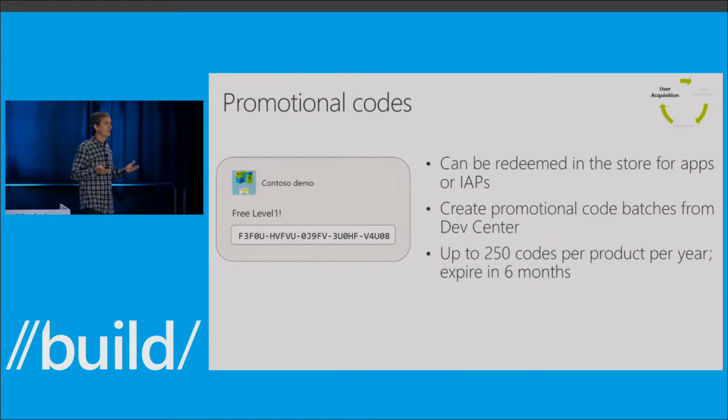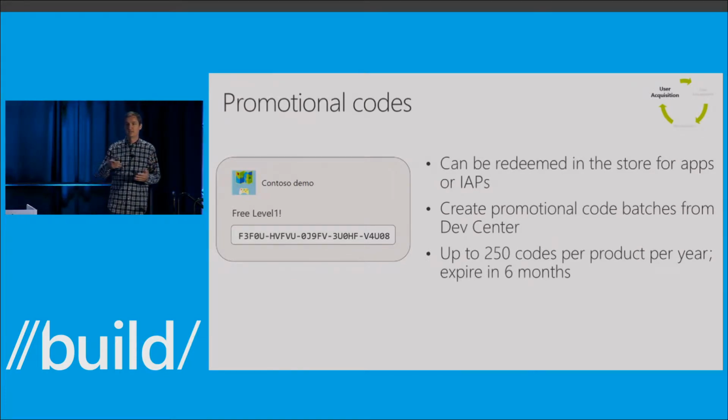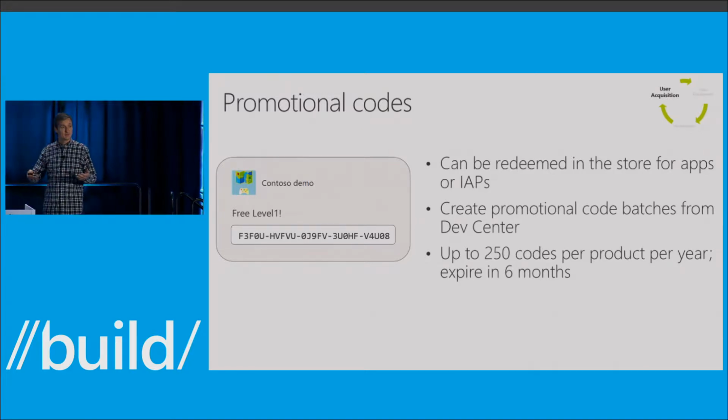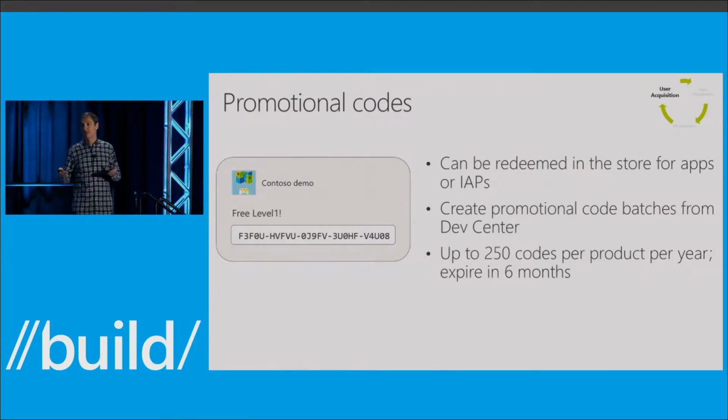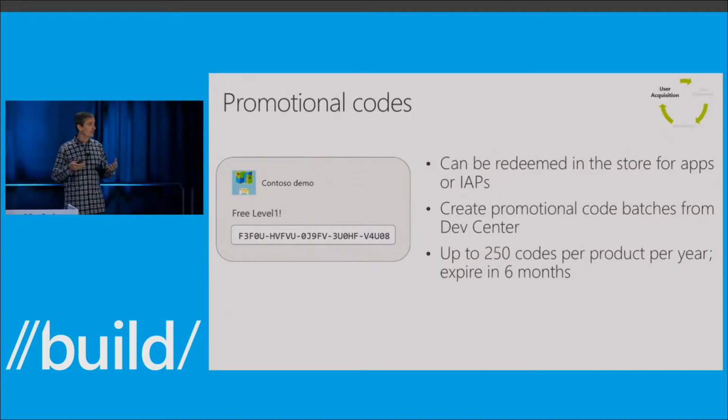Once you create these codes, you can download them in a CSV file to your computer and then do whatever you want with them. In our case, we got those codes and we sent them with some instructions to the game reviewers. Then they were able to use them from within the store client to redeem for our free game level. And because this was an IAP code, not an app code, they were able to first just easily download the game for those that didn't have it installed already, and then automatically they were entitled to the first level of the game for free, and they were able to experience the full game.